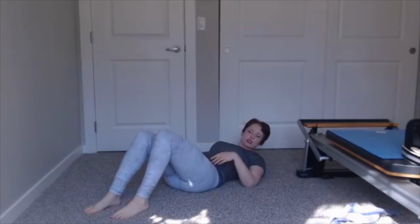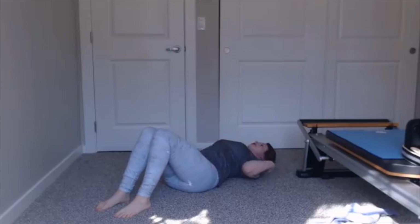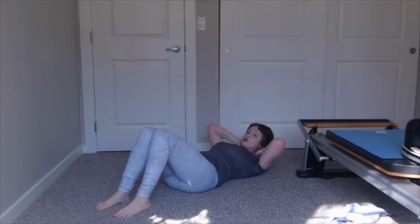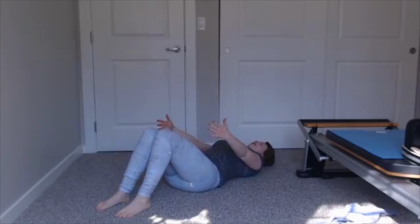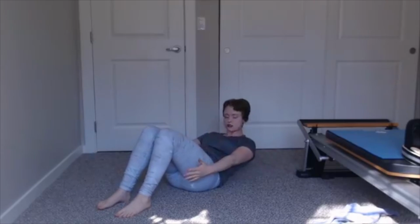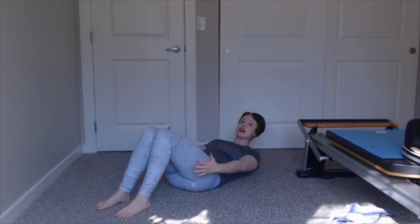I'm going to bend my knees. They can be as close or as far as you want, whatever feels good for you and your body. Shoulders are down and back. Tuck my chin slightly. Arms are long, or again, if you need to, behind the neck to support. Nice deep inhale. Exhale, chest lift up. And then down. So exhale, chest lift up, really getting into those abdominals and relaxing that neck as much as